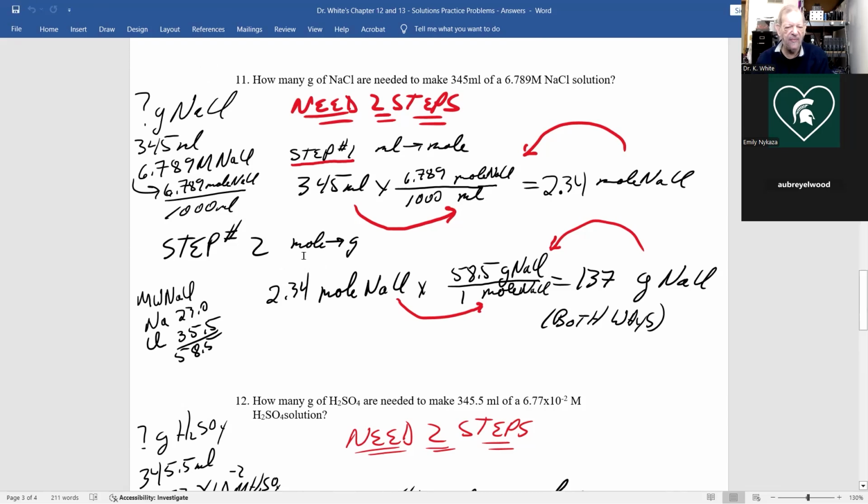So the second step, moles to grams. I have moles of sodium chloride. I want to get the grams of sodium chloride. If I have a ratio that can convert moles to grams, what goes on top of that ratio, using your good buddy, your good friend, unit analysis? That's grams of sodium chloride. What goes underneath? The moles of sodium chloride. And where do I get that? And I just showed you, 1 mole of a compound equals the molecular weight of the compound. So here I have 1 mole, and on the top here, grams of sodium chloride, I need the molecular weight